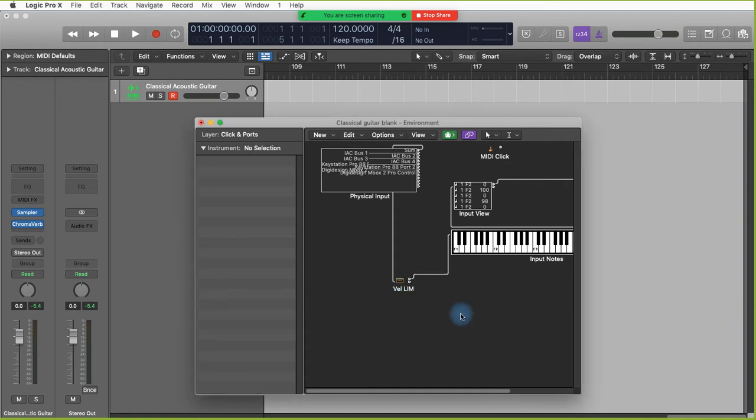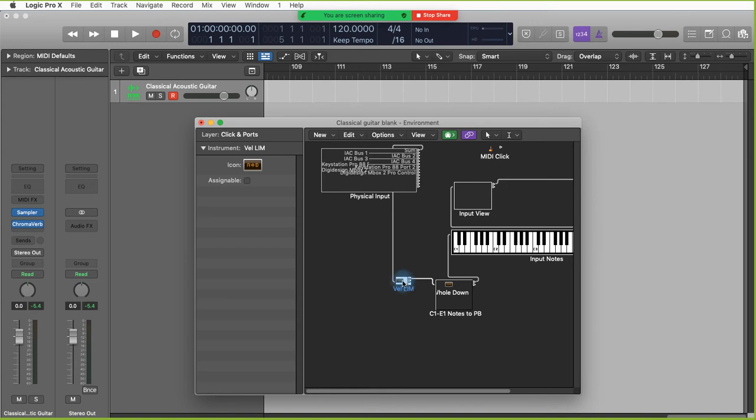Okay, so I happen to have in my paste buffer an object that does something interesting. So I'm going to paste it in. There it is. And now I'm going to connect it. So this is that classical guitar same file that I dropped off for you in the common file stream folder that's in our class folder. So now I'm going to connect, well, I got too many there. I have to get the top one. There we go. Okay, so I have now connected the sum from the physical input, which is a fancy way of saying my connected MIDI controller,